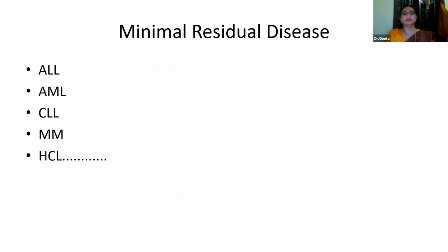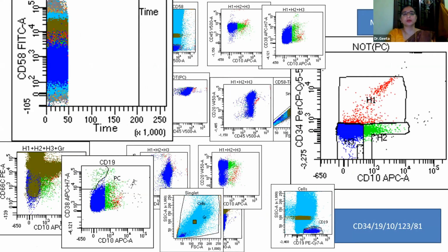So this is an MRD plot which is much more crowded than a usual worksheet. So we have to search. That's because there is a lot of data, a much larger number of cells have to be analyzed. And this gate is a time gate which is present in all worksheets. So this gives an idea whether there was any interruption in the flow of the samples. So this also needs to be monitored, and this also acts as a quality control point.